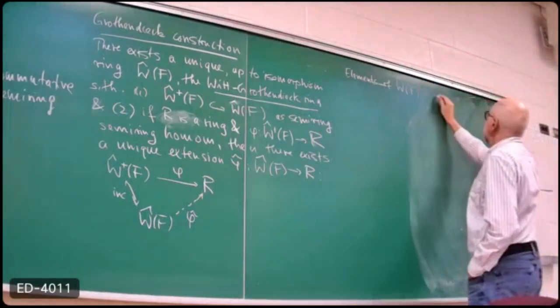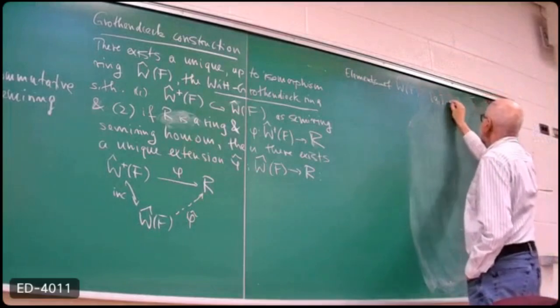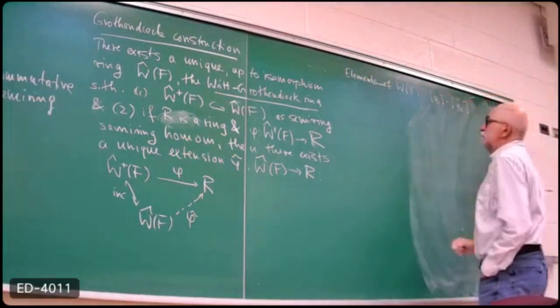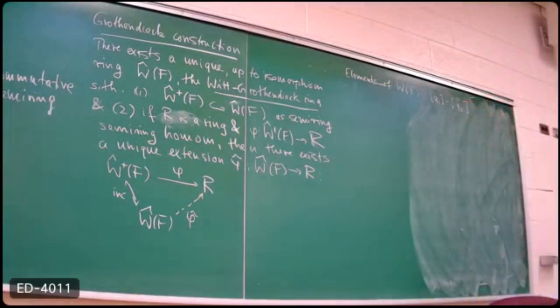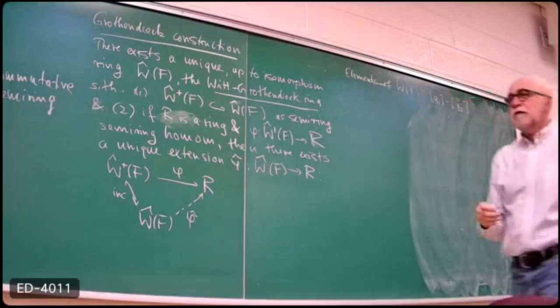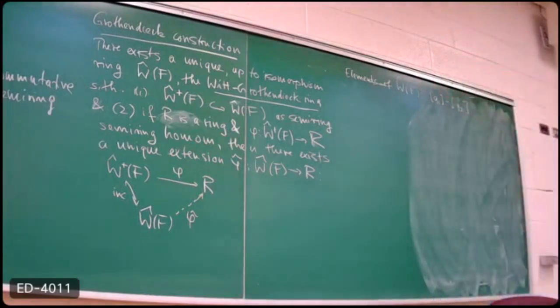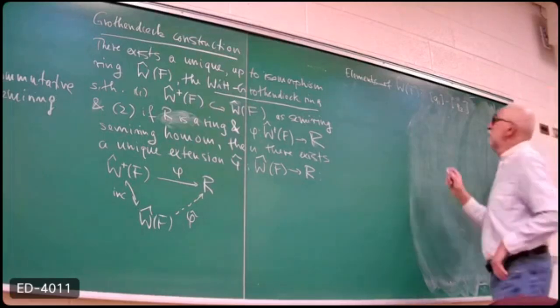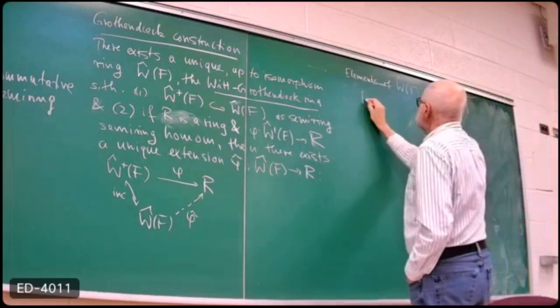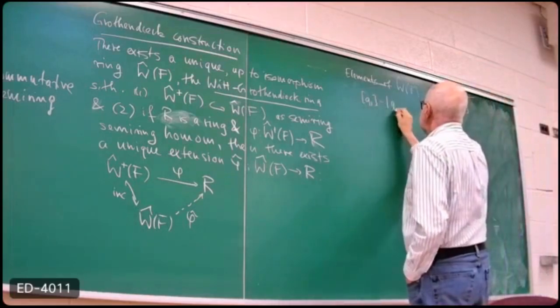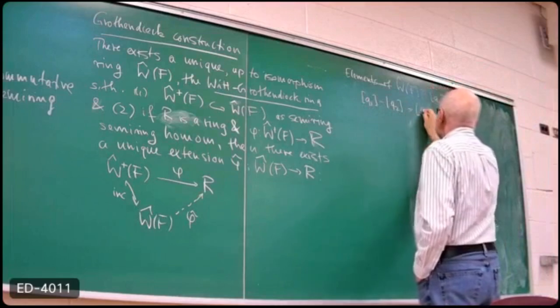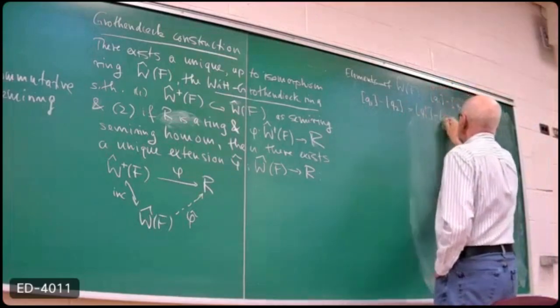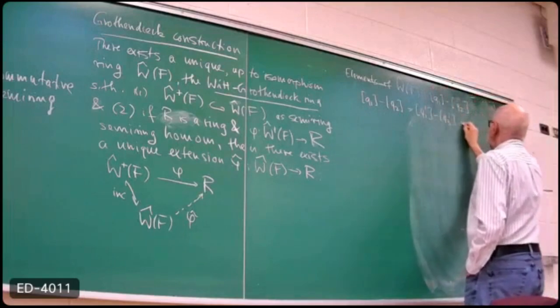So they are Q1 minus Q2. Now, you can have two different pairs of natural numbers which represent the same negative number, and so we need to say when two differences are the same. Right? So I will say Q1 minus Q2 is the same as Q1 prime minus Q2 prime if and only